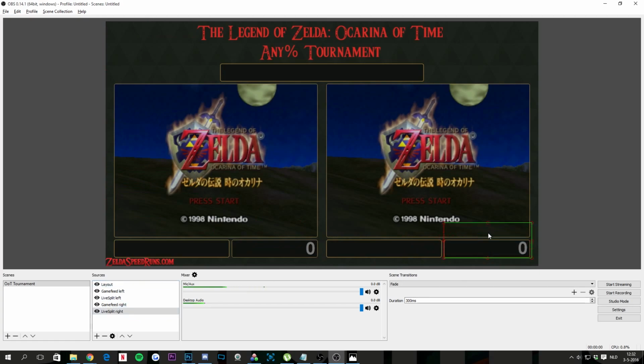This is annoying. Maybe it should be like this. Yeah, this is good. Oh, there's actually a pixel wide line down here. Okay, so